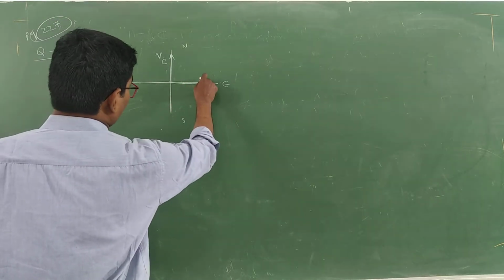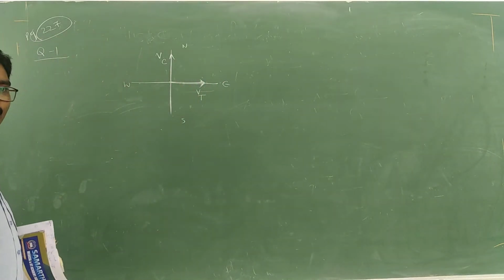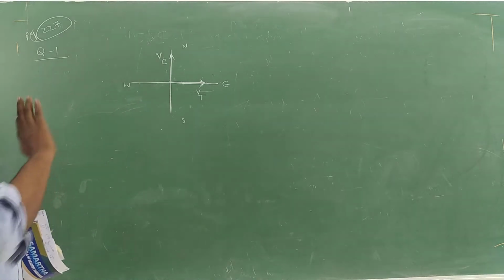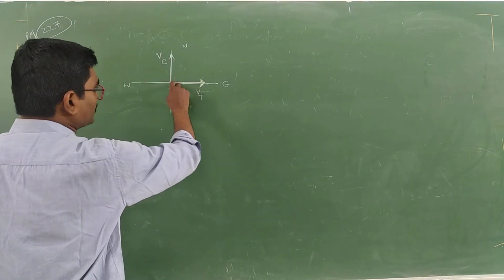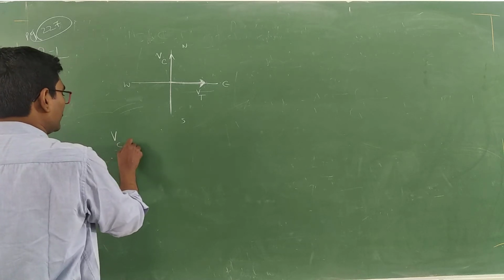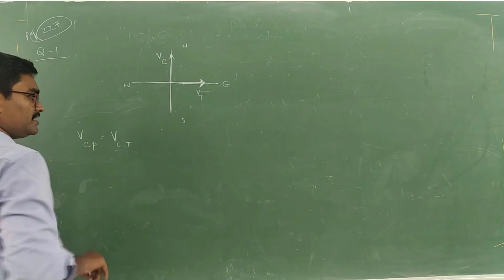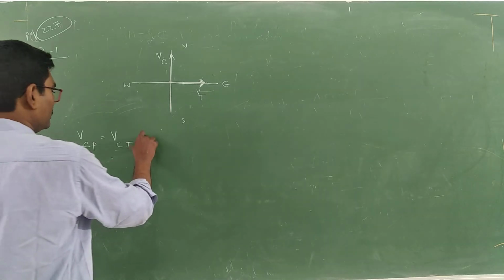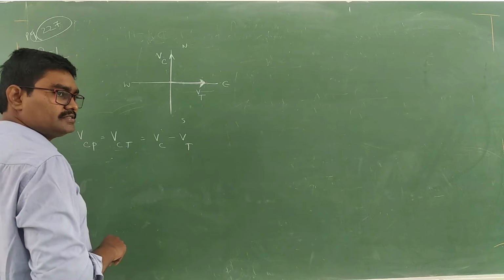So, velocity of train means the passenger inside the train is also moving in the direction of the train only. Correct? So, with respect to the train or with respect to the passenger in the train, both are the same. Now, the velocity of the car with respect to the person in the train is nothing but the velocity of car with respect to the train. That is nothing but velocity of car minus velocity of train. Correct? Correct or not?